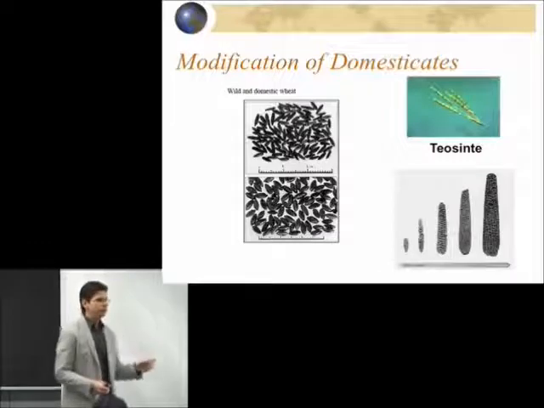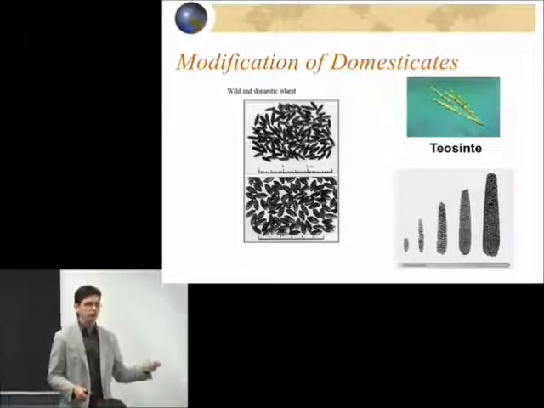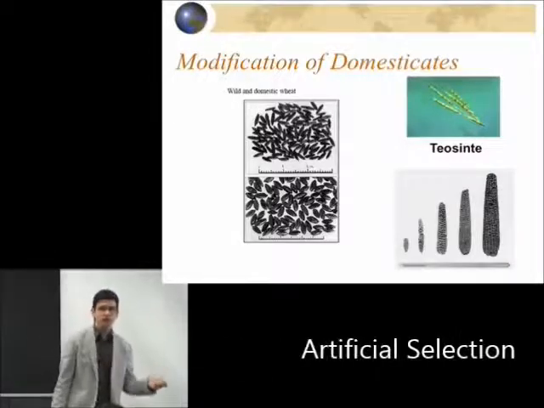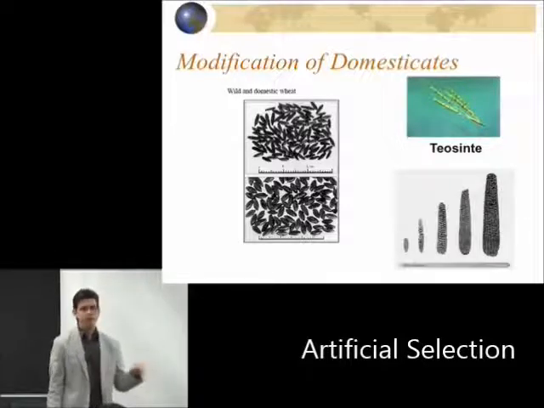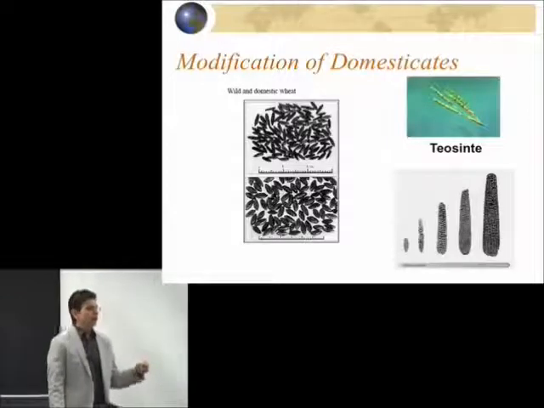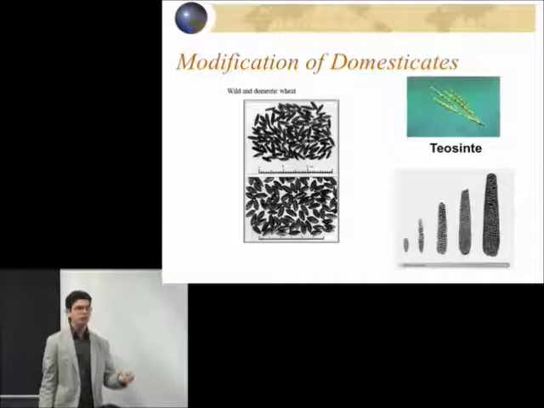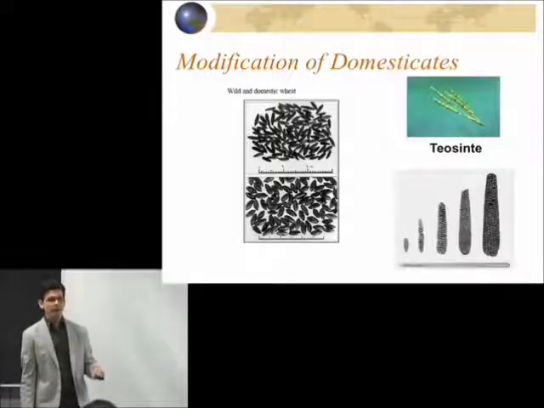The way human beings actually interfere is with which plants or animals get to reproduce. Instead of natural selection, it's artificial selection, meaning humans actually make a choice about which plants or animals should reproduce because those are the ones that benefit humans. And over successive generations, that series of choices that humans make modifies the animal or the plant in a really substantial way genetically.